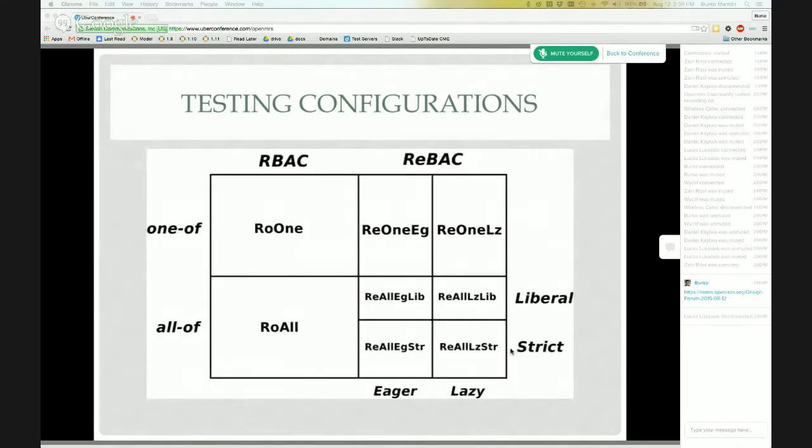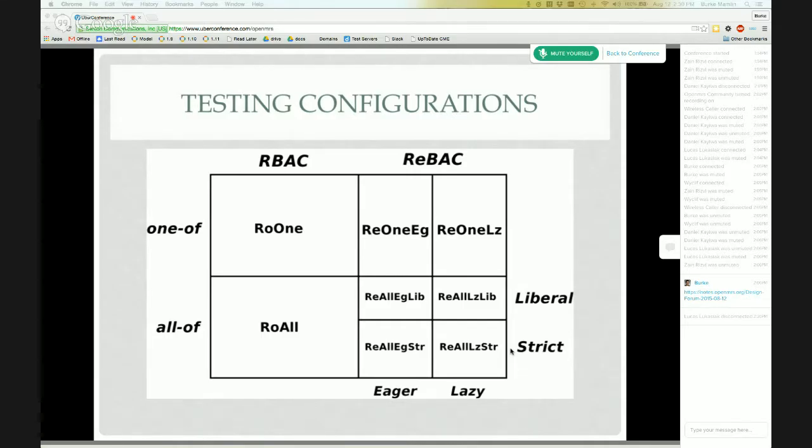We had about 8 configurations that we wanted to test. The first two on the left are RO1 and RO-all, meaning these are just role-based access control by itself. RO1 refers to methods that require one privilege or a privilege among a list of privileges, and RO-all requires a list of privileges.